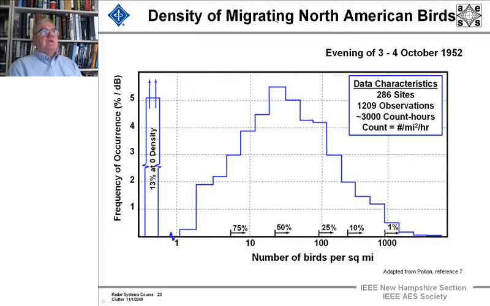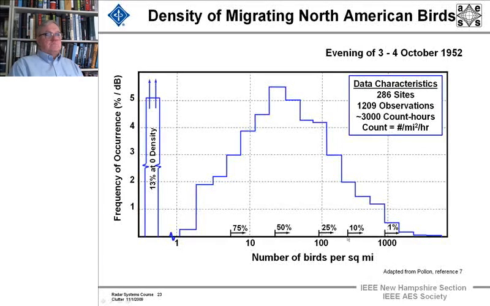Now, for density of North American birds, some data was taken in the 50s, and this was taken in the New England area in the evening of the 3rd to the 4th of October of 52. And they had 286 sites. There were 1,200 observations, about 3,000 count hours. And you can see that in terms of the density, and this is a log scale down here,